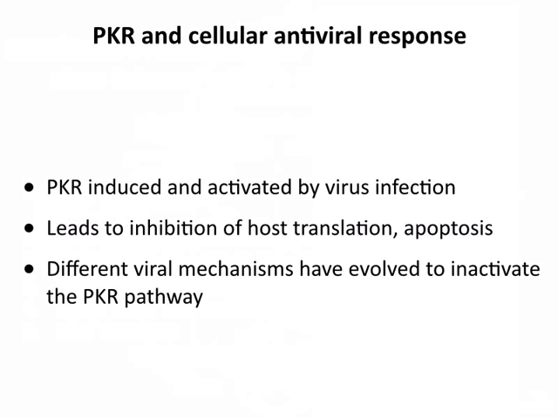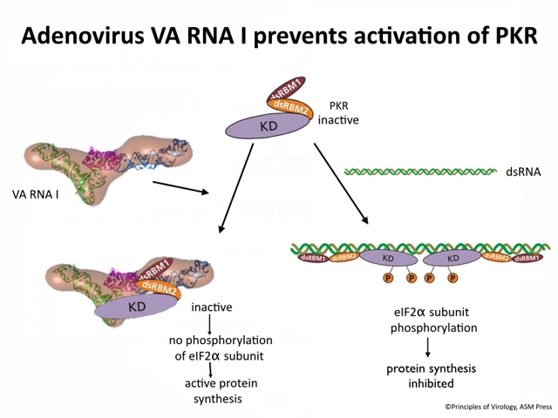It also induces apoptosis, programmed cell death. The cell dies, the virus infection doesn't spread. This is a common defense against infection. So as I've said, every virus has a way to get around this. Otherwise, they're not here anymore. They can't replicate when there's no protein synthesis. And I just want to show you a couple of ways that viruses get around this. There are dozens, as you might expect. And this one I like.